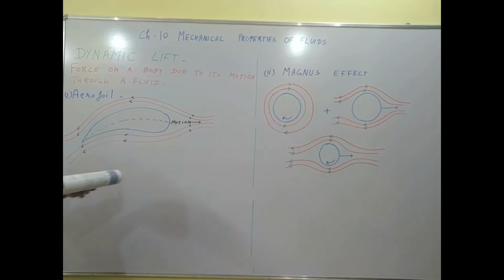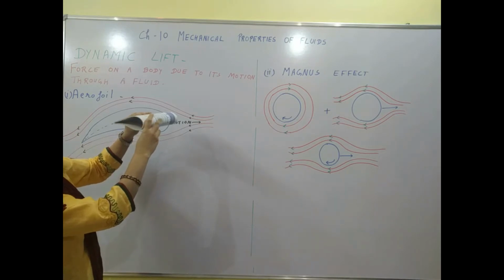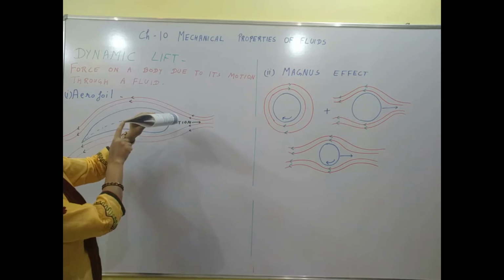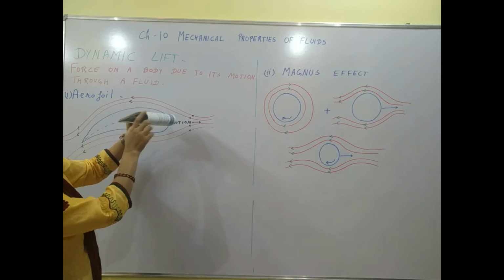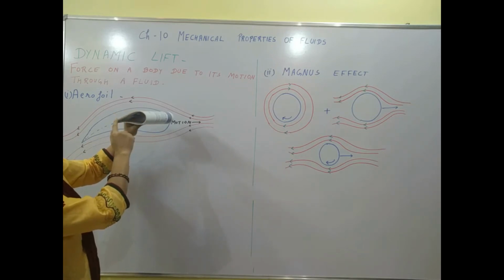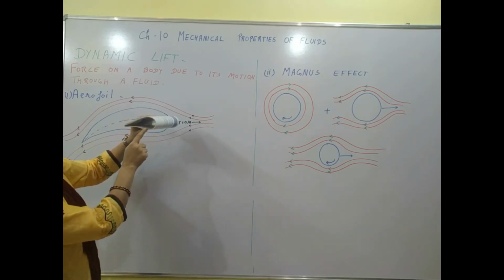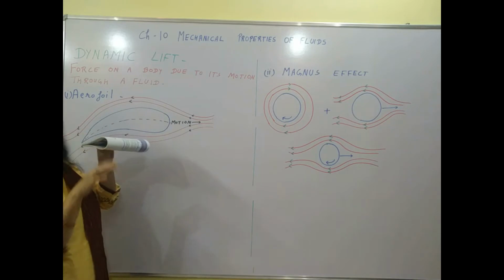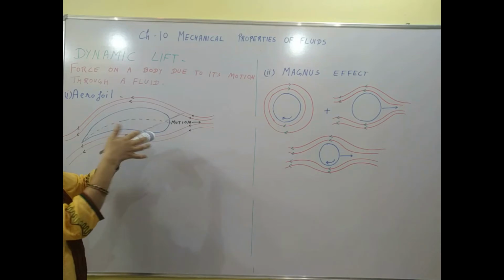If you look at the cross section, the shape is like this. This is a peculiar shape which is broader at the front, more curved at the front, and pointed at the back, comparatively less curved. The upper side has the more curved part, which means more distance, and the lower part is less curved. We know that when an aeroplane moves through a fluid like this, these wings will cut the